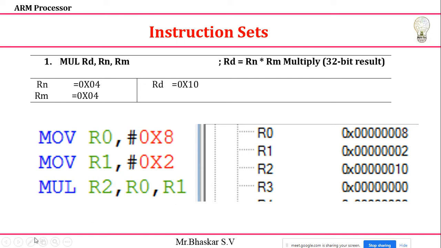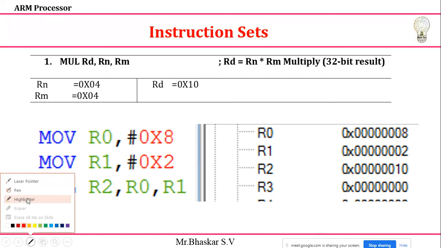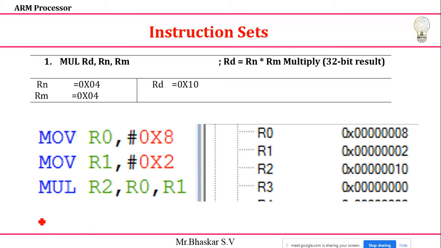So here it is, the next instruction is multiplication. When it comes to multiplication, two types of instructions come into the picture. One is a 32-bit result and the other is a 64-bit result. Because if I do a multiplication, for example, I have an 8-bit value and I'm going to multiply it with an 8-bit value, at minimum I require 16 bits of space to store the result.